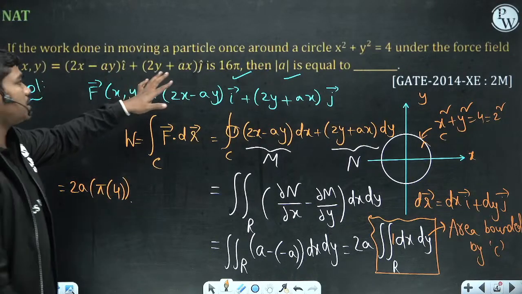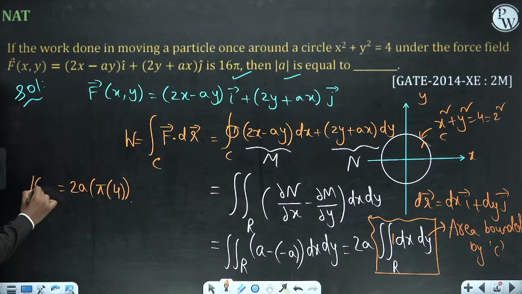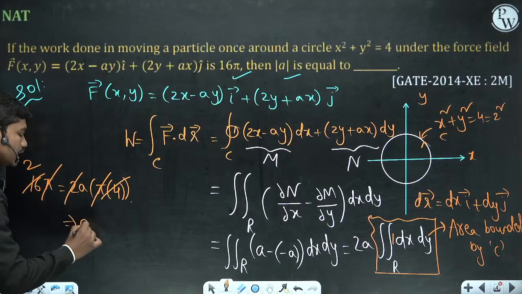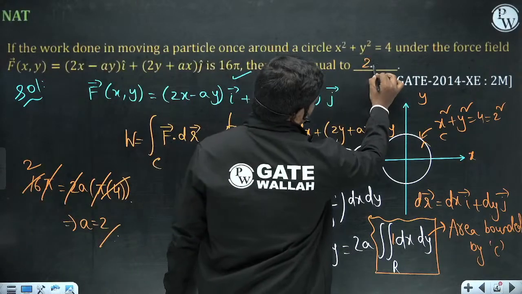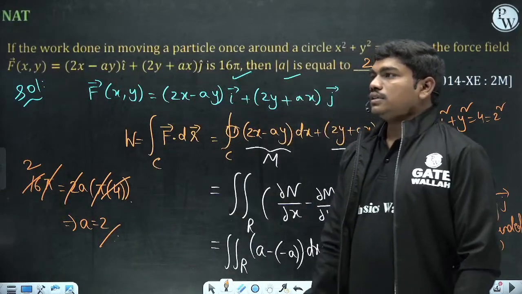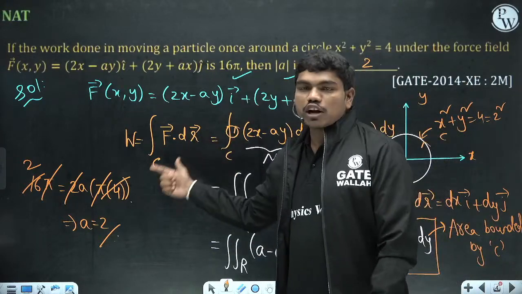Now, in the question, what was given as the total value of this integral? 16 pi. So if we equate this value to 16 pi, pi gets cancelled. 2 4s are 8, 8 cancels 16 two times. So a is equal to 2, correct? Modulus was also asked here, okay? Anyhow, this is a positive number, so a is equal to 2 is the correct answer. Clear? Okay. Look, whatever path they give you, if you calculate this line integral,